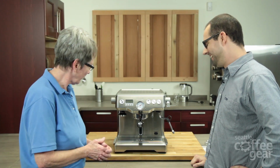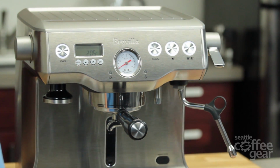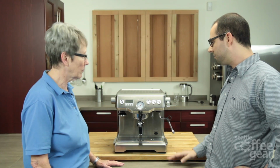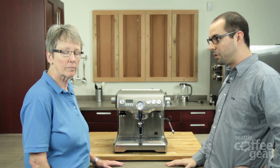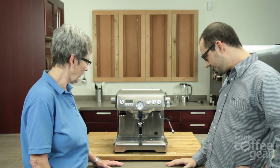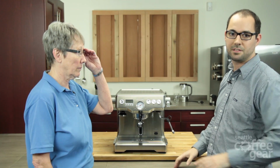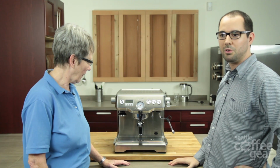He's the guy. I'd say one of the biggest advantages with this machine is the dual boilers in the name and the two dedicated pumps for each boiler. One for steam, one for brewing. Exactly. And that gives you the ability to steam and brew simultaneously, which is not available on a lot